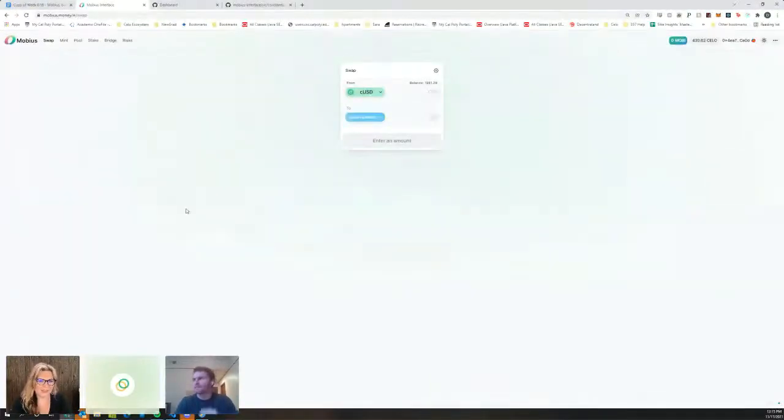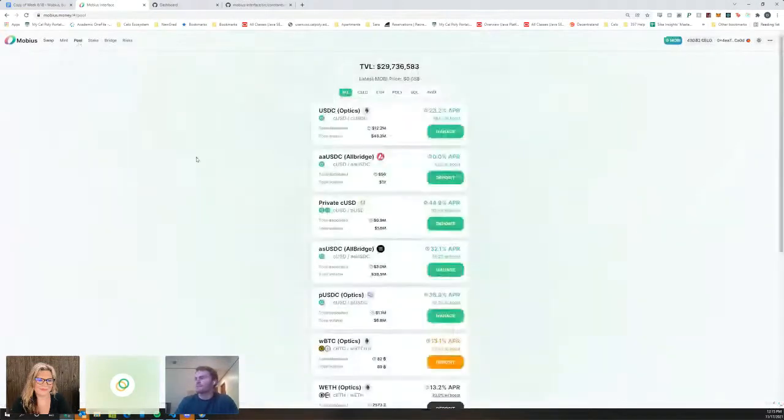Yep, perfect. Okay, so this is the general swap screen for Mobius. This is where users can obviously swap between these different tokens. And if we very quickly go to the pool page, we can see that the Avalanche pool only has 56 total liquidity, but that is obviously an effect of it not being incentivized. So if users were to provide liquidity here, there's a huge opportunity cost on the APR they could potentially be receiving on those stablecoins. So as we were talking about earlier,